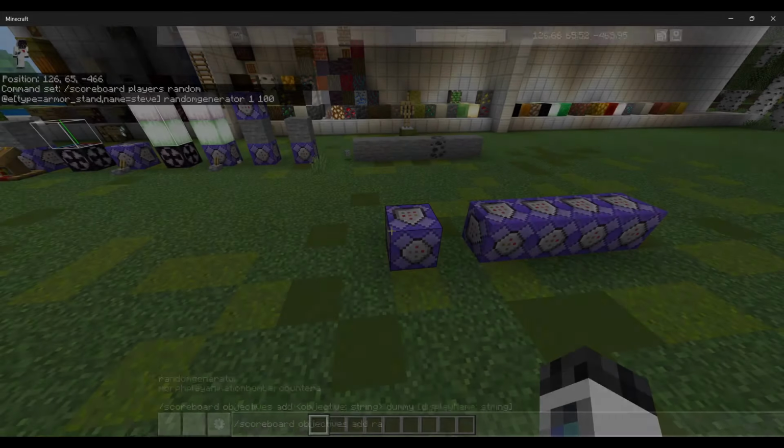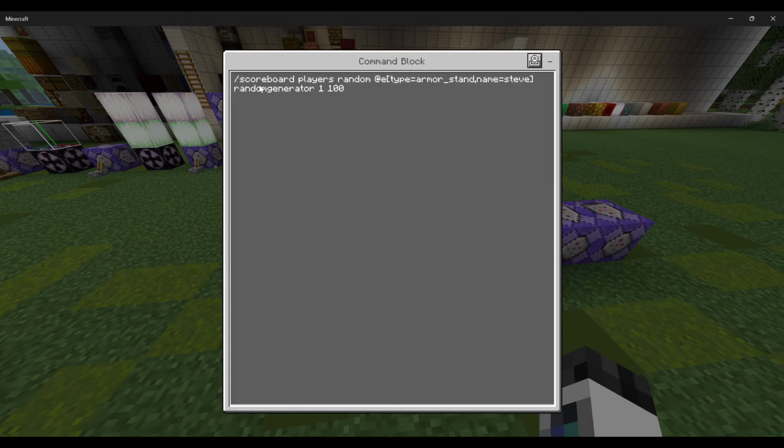Mine is called random generator, and you're going to run this command: scoreboard players random on the armor stand, random generator. This is minimum and this is maximum. So 1 to 100, that would be 1% to 100%. If you want decimals, go to 1,000, and every number in there you can just treat as an extra number. For this, we are going to 100 for 100%, and we are having execute commands on execute as the